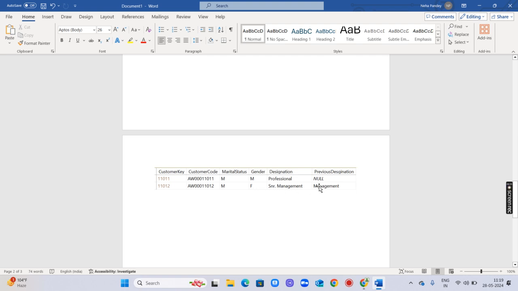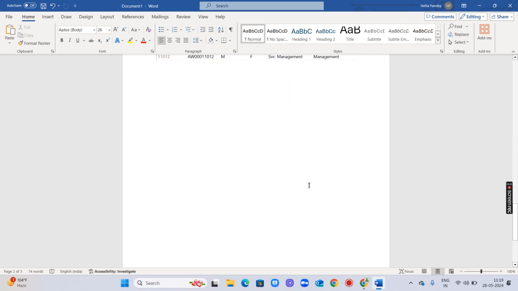The previous designation was not mentioned for one customer, and for this particular customer 1012, it was management. Now it has changed to senior management. So instead of adding a new row, we are adding a new column. That comes under type 3.